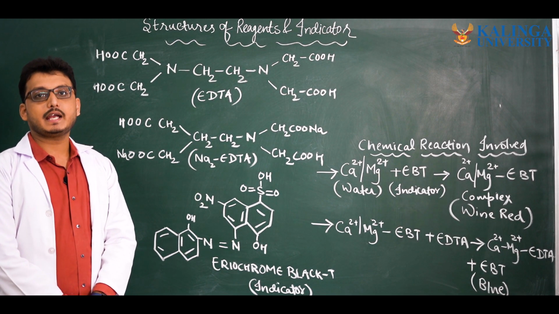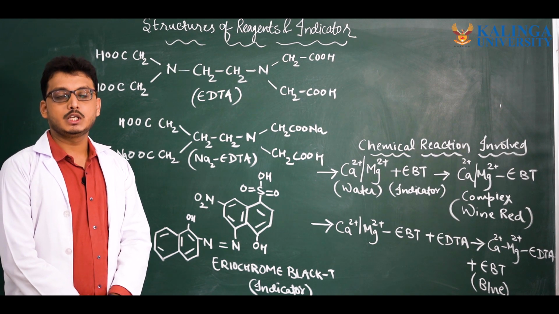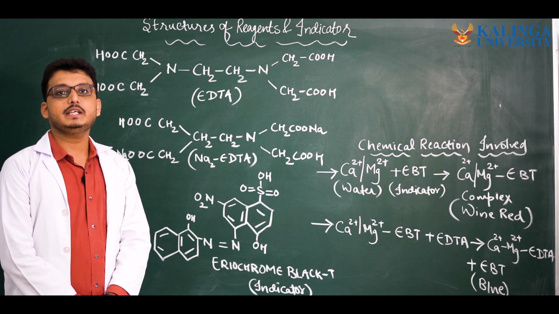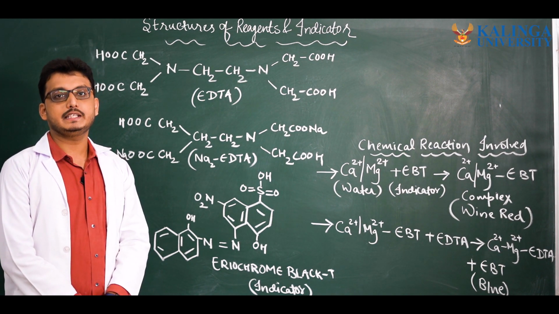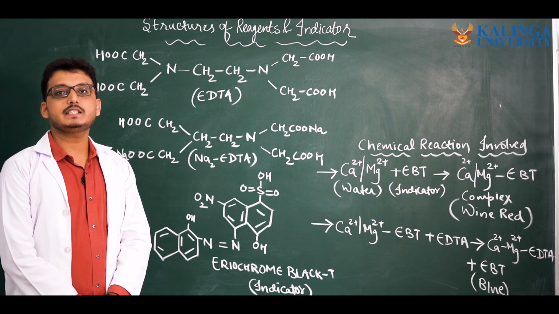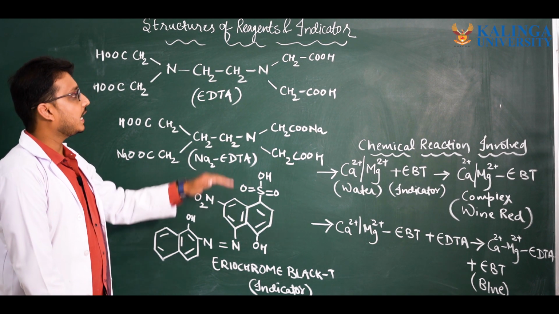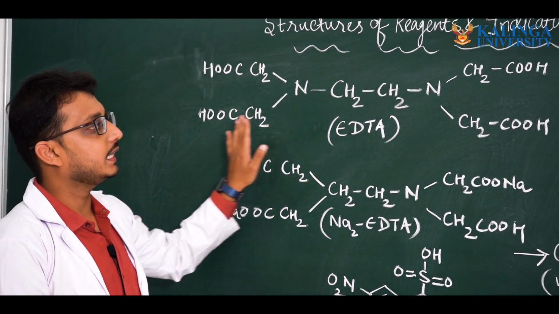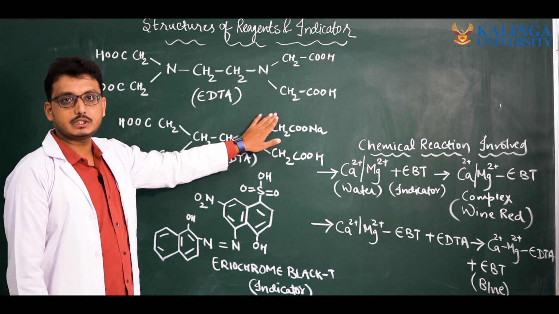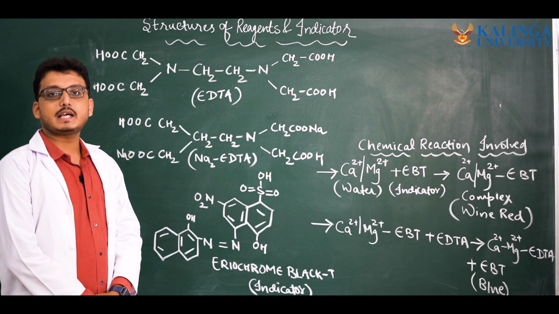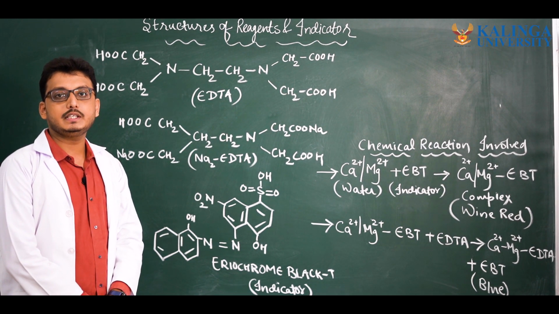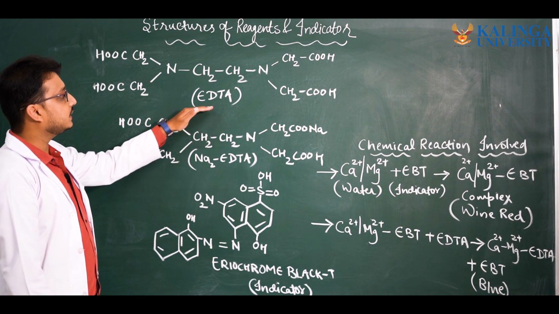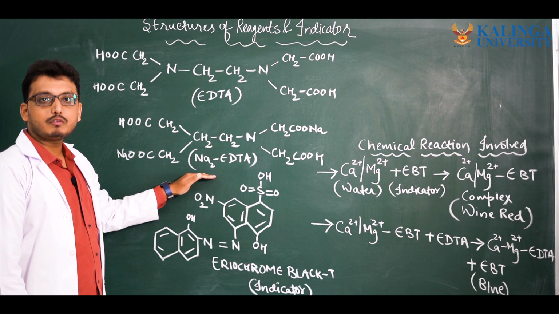For the titration and calculation of hardness of water, we basically concentrate on the complexometric titration using the EDTA, which is a chelate ligand. EDTA, which is ethylene diamine tetraacetic acid, has a structure as shown on the board. There are 4 acetic acid groups present in the terminal positions. This EDTA, when used as a reagent, has limited solubility in water. In order to increase the solubility of the reagent, we replace the EDTA with the disodium salt of EDTA.